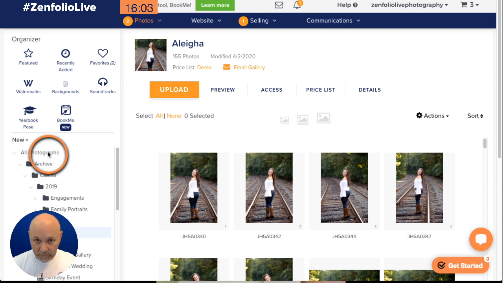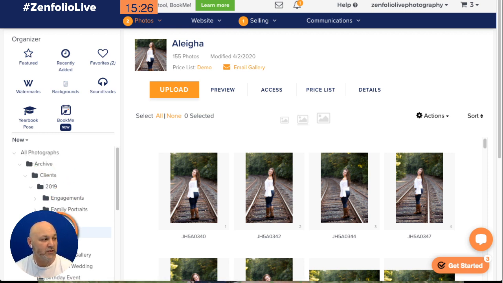I do not recommend that. Personally, I don't have visitor sign-in turned on to my portfolios. Any gallery that I'm trying to use to draw traffic to my site, I don't recommend having visitor sign-in turned on because I don't want a block. I want people coming in, looking at my photos. But when it comes to client galleries, especially client galleries that are going to get shared, right? So if we're thinking about maybe wedding galleries, sports galleries, different things like that, there's probably going to be people sharing those. And so what I would suggest doing is for those galleries, you can go in and turn visitor sign in